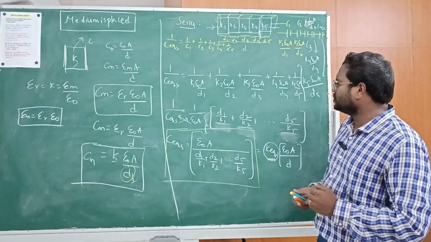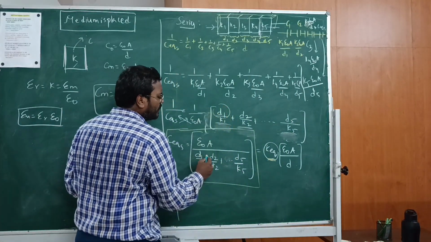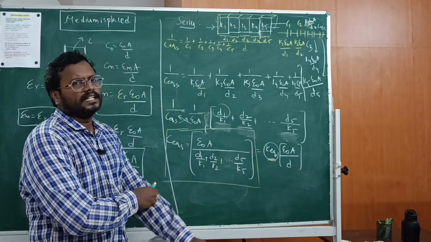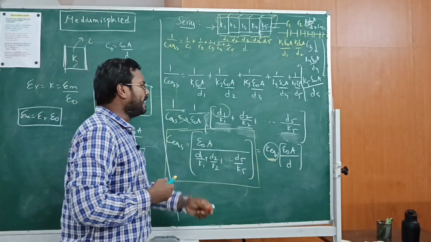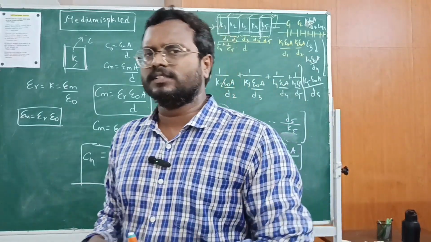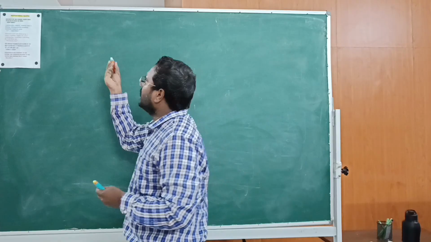So in a series connection, sometimes they will give T1 instead of D1, we have to take T1 by K1, T2 by K2, so on to T5 by K5. Like this, we can try to get the expression for the equivalent capacitance. Let us see about parallel connection of capacitors. So in a parallel connection,